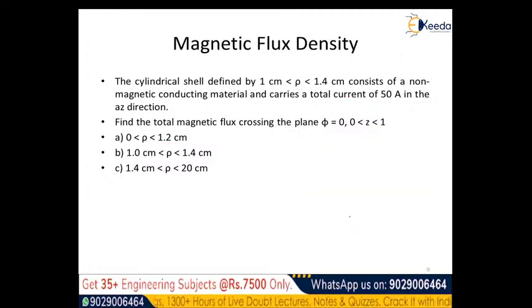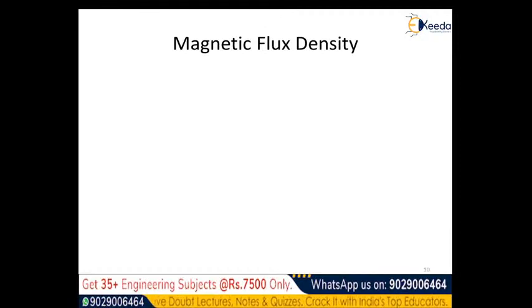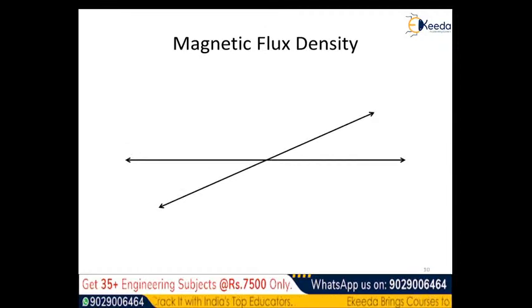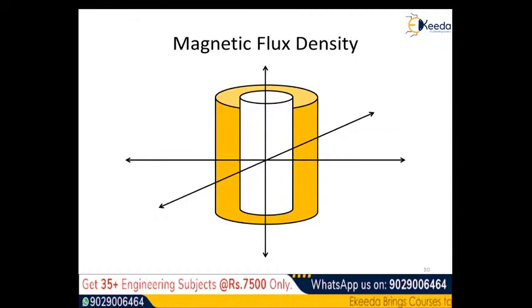So I suppose it is better to draw another diagram that will give you the complete idea here. I am showing you a cylindrical shell. A cylindrical shell means a cylinder inside a cylinder, and the inside cylinder is hollow. You see the cylinder shown in yellow color, and it is hollow inside, represented by the white colored cylinder here. In parts A, B and C we have a variation of the rho values, and with the definition of such a plane we have to compute the total magnetic flux crossing that particular plane, so that it will be a plane like this,